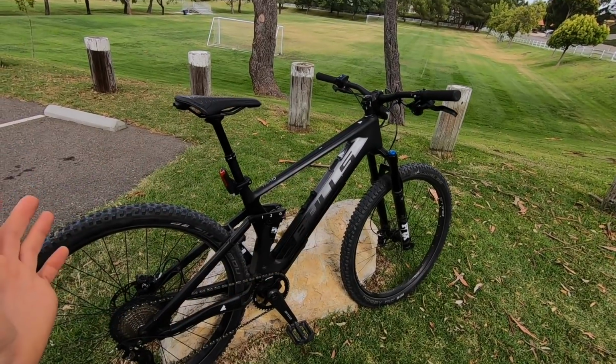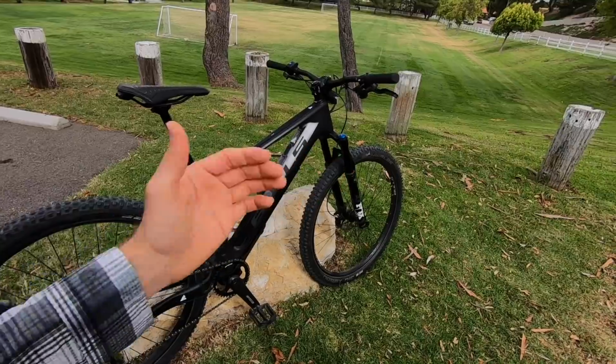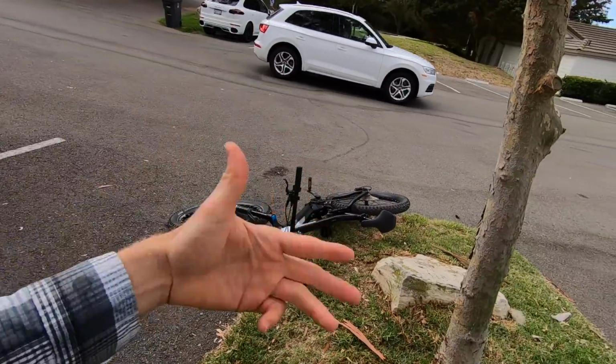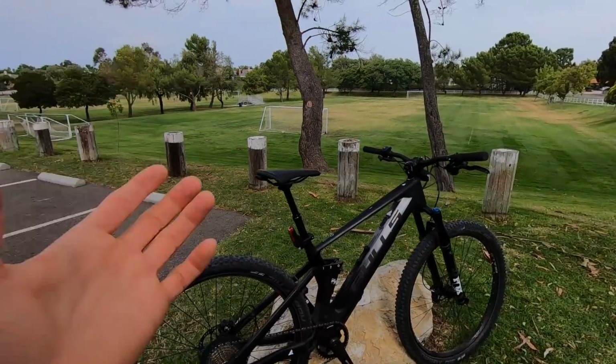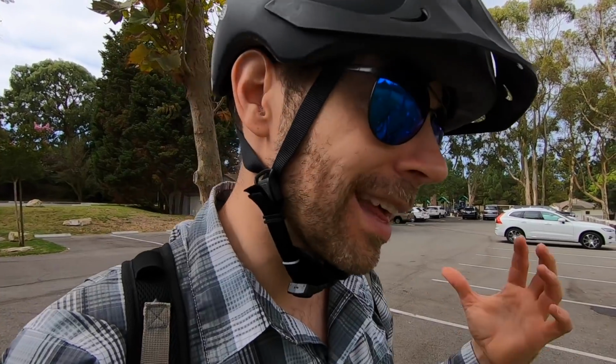It's not as light and nimble as a non-electric bike. It's not quite as powerful or long range as a full-on Bosch, Yamaha, or Shimano. So you're in this middle space, which again, for me is pretty cool. I like it. I could see myself getting this bike and having a blast with it, actually. But I just want to, again, present this and try to give you that full review